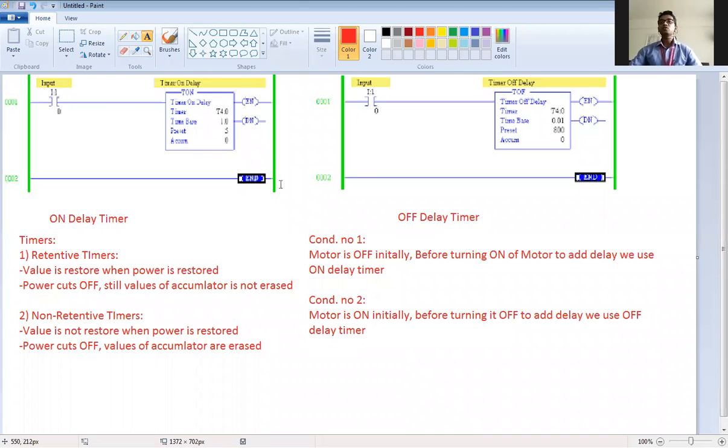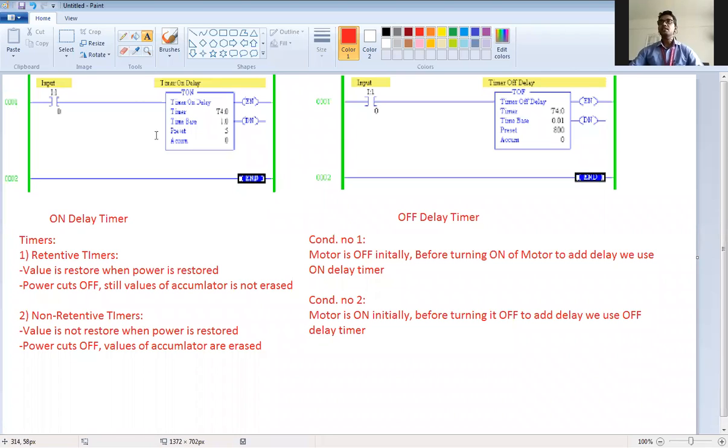Now how to use the instruction? Now we got what is a timer, what are retentive and non-retentive timers. Now we got the conditions: when to use an on delay timer, when to use an off delay timer. Now we are using the instruction.